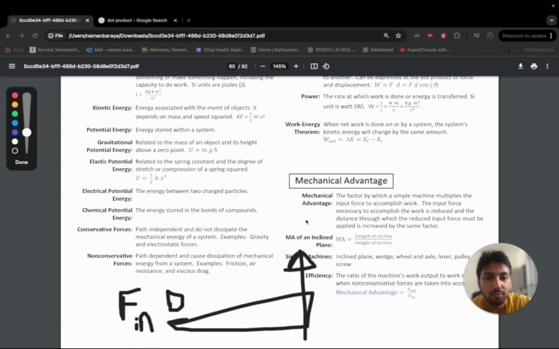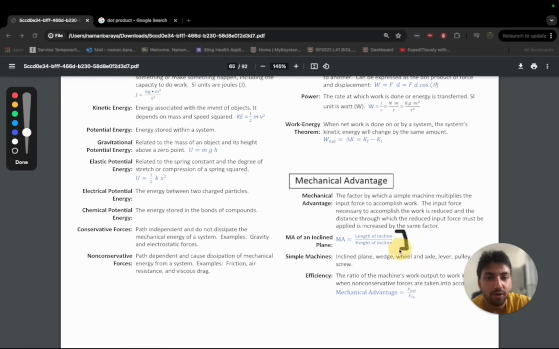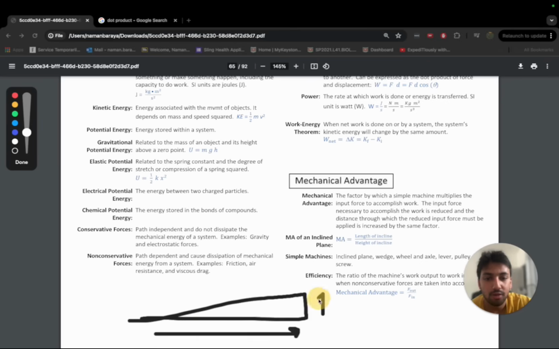So that's what mechanical advantage is. For an inclined plane, it's important to understand that the mechanical advantage is just calculated by how long this thing is divided by how tall it is. You can imagine a really small inclined plane, the mechanical advantage is not going to be that much. It might be 1 or something, but here the mechanical advantage might be like 10 or something because this